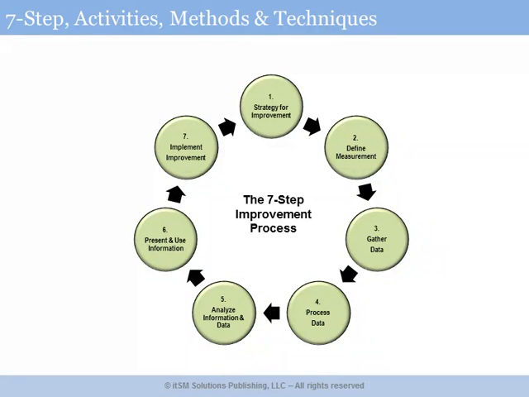The 7-step improvement process is designed to help us work broadly from strategy and vision for why we want to do an improvement all the way through to actually executing on an improvement activity and then rebaselining to see whether in fact we've actually gained that benefit, and then using that to help drive next steps for how we can drive additional levels of improvement. We'll go through each of these steps in turn in the following sections, but the 7-step improvement process begins with